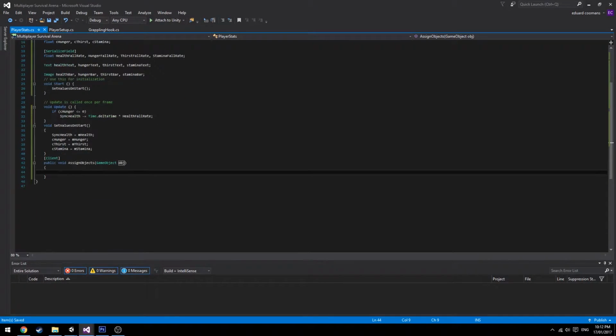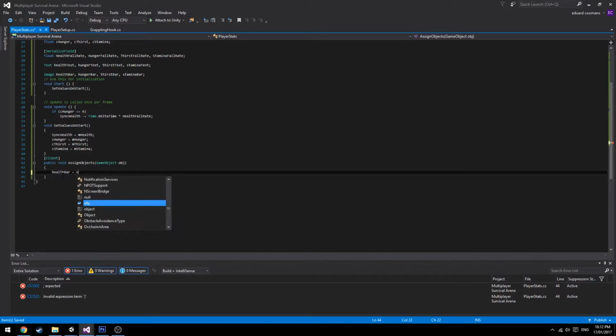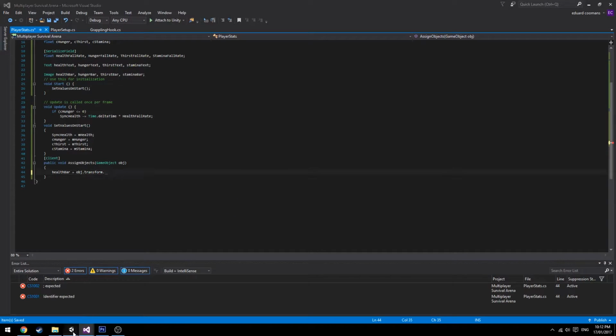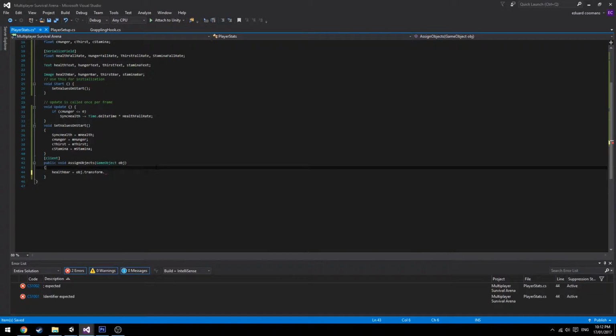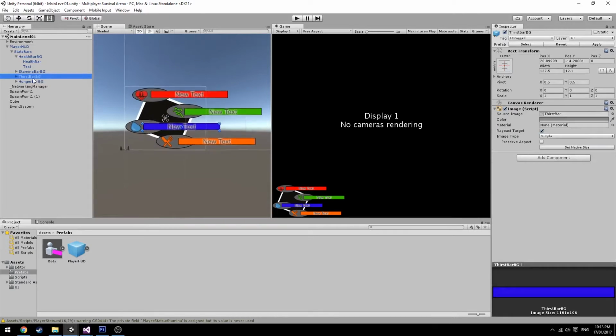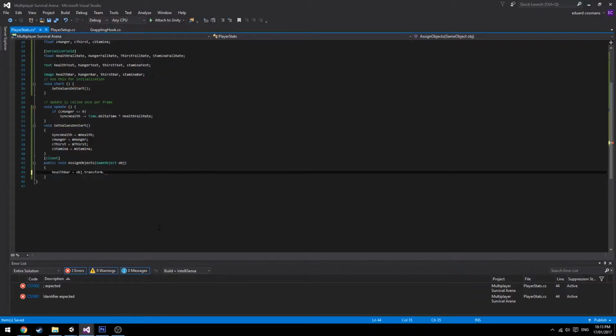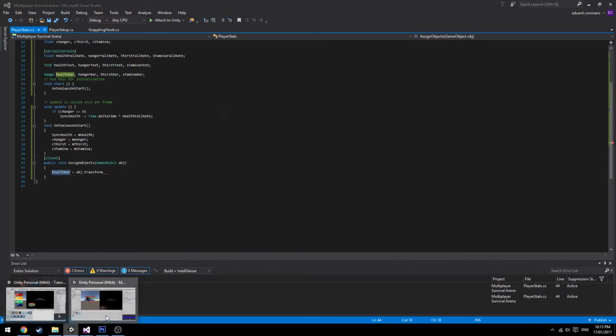So the health bar is going to be equal to object dot transform dot. Now this is where it gets complicated, but you only have to do this once. You can just say find this word in this name in the hierarchy, but that's really taxing on the system depending on how much stuff you have in the scene. So we're going to say the health bar is going to be,